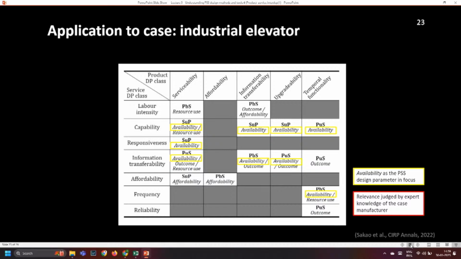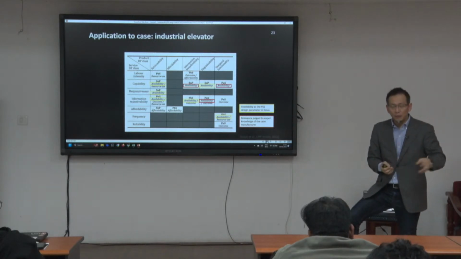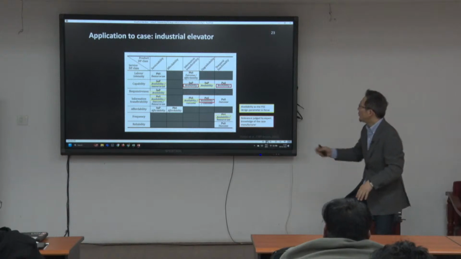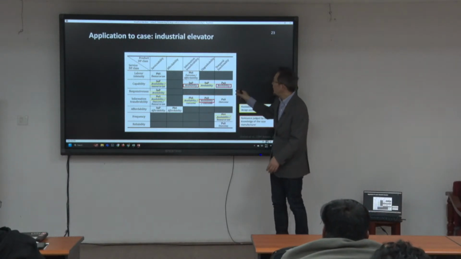Then we used the matrix. We first searched where availability exists in the matrix. Okay, as you see in the yellow marks, and we asked experts who are designers of this product and also services. And according to the experts, these three red ones are relevant in this specific case, right? It is natural because this matrix and the knowledge base are built based on a number of different cases, and that includes a number of sectors obviously outside the elevator service, okay? Pumps and forklifts and engines and so on. So this naturally happens. So the experts say that these are the three relevant